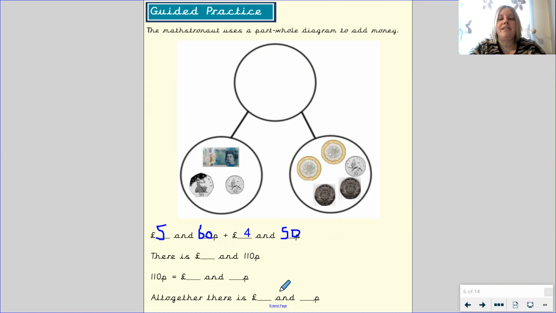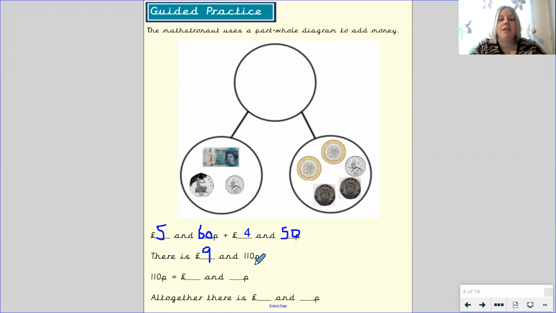Let's have a look at our next step. Our next step says there is something pounds and 110p. So the first thing we need to do is add our pounds together. I've got £5 and I've got £4. So altogether I have £9. If I add my 60p and my 50p, I have